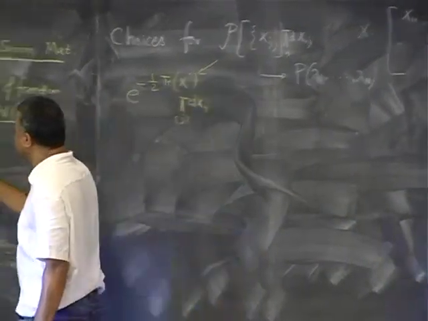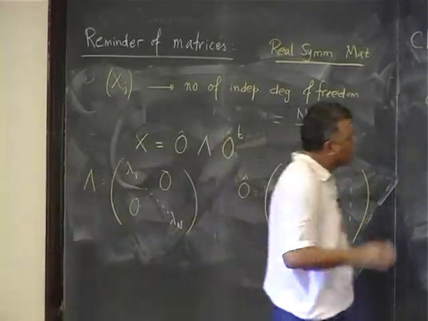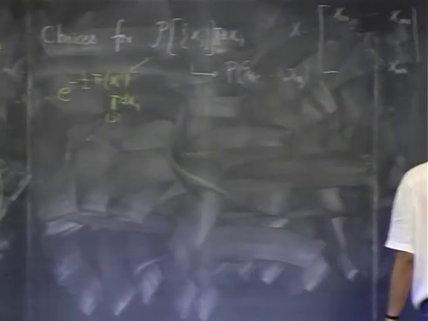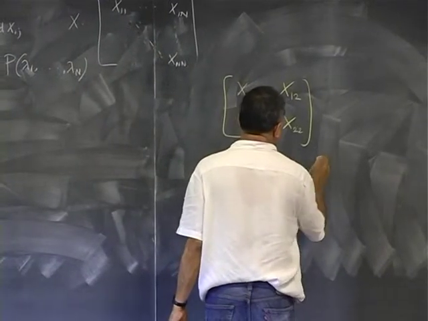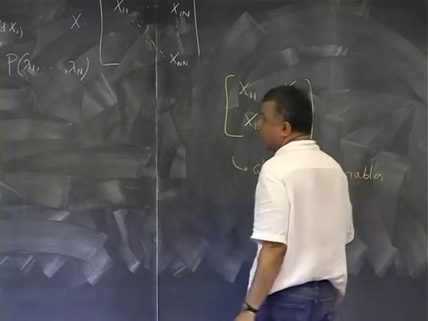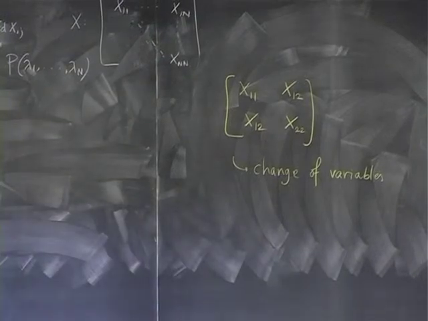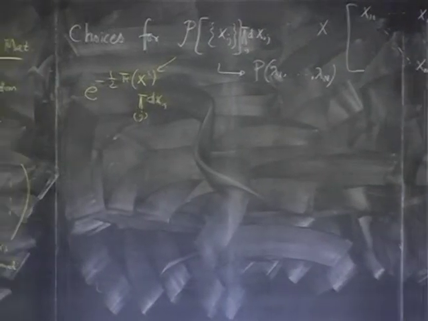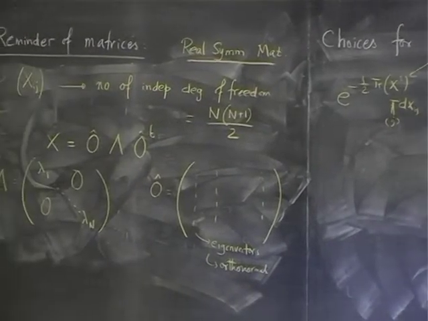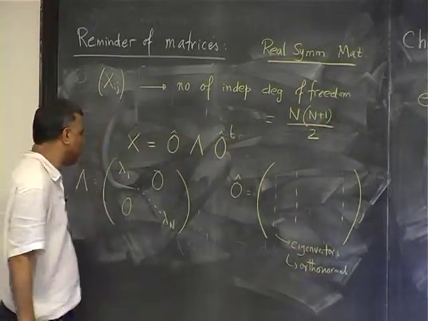And when I diagonalize it, I'm making a linear transformation. So I make a change of variables. I wrote down explicitly this change of variables in terms of cosine theta and sine theta. This will be just the orthogonal matrix, cosine minus sine, sine cosine, and you just make the transformation. So you are going from 3 degrees of freedom, or in general n into n plus 1 by 2 degrees of freedom, to